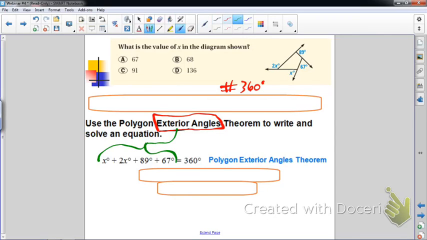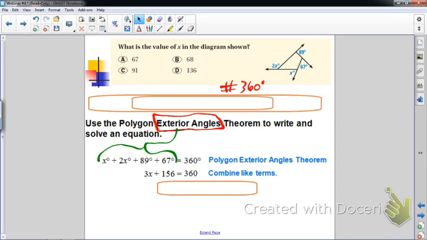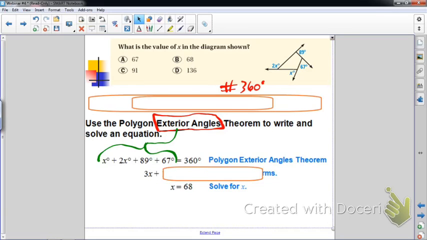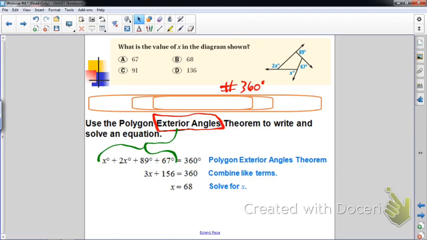After that, it's just combining like terms, so that you can see that 1x plus 2x will give us 3x. 89 plus 67 will give us 156. Then we do the subtraction property of equality, and then we also do the division property of equality, and we get that x turns out to be